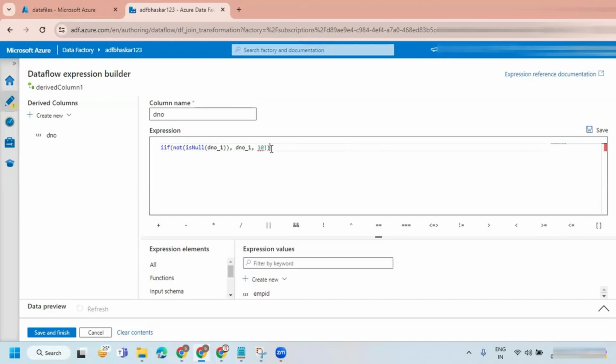Bracket is missing. What is missing here? Is null. Okay, return type. What is this data type?